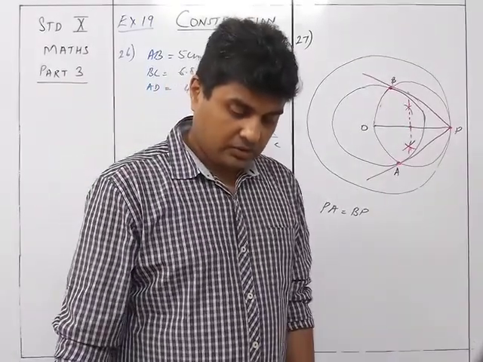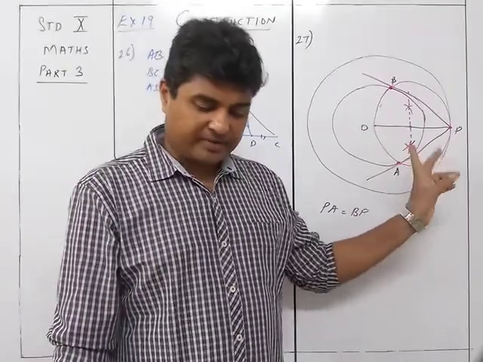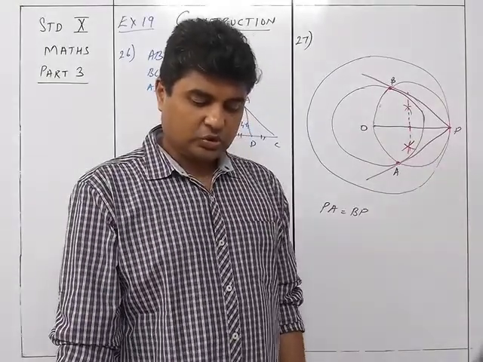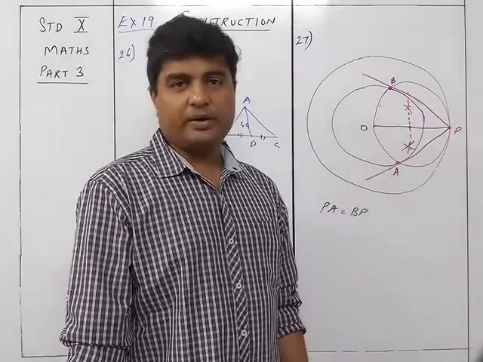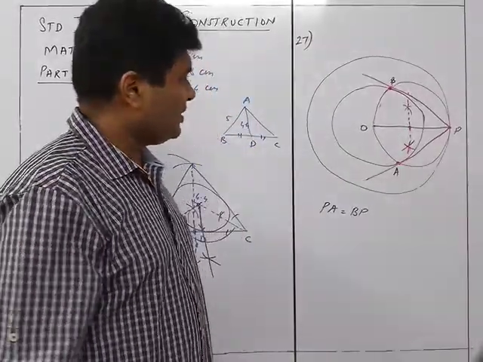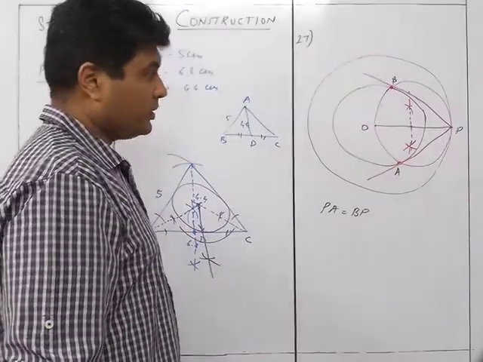Right? So taking a point outside the circle, construct a pair of tangents to the inner circle. By measuring the length of both the tangents, show that they are equal. So you're just going to measure this length and see what the value is. You cannot find it out otherwise, so you'll have to do it yourself.